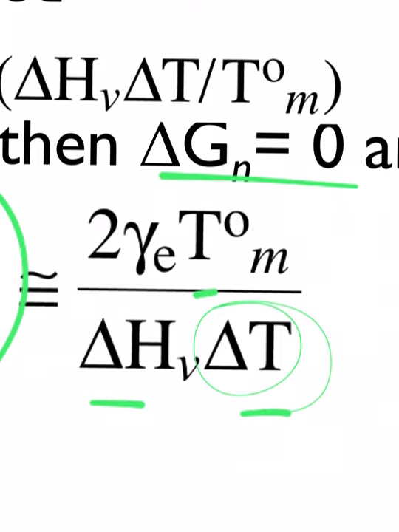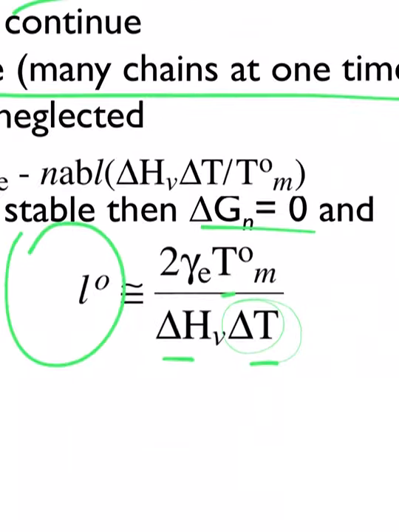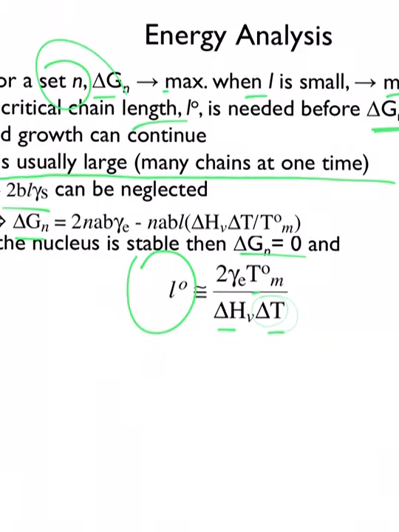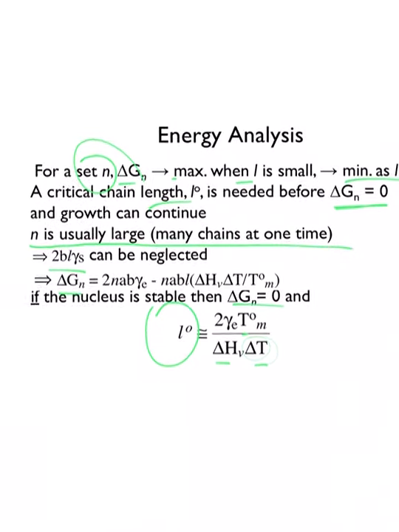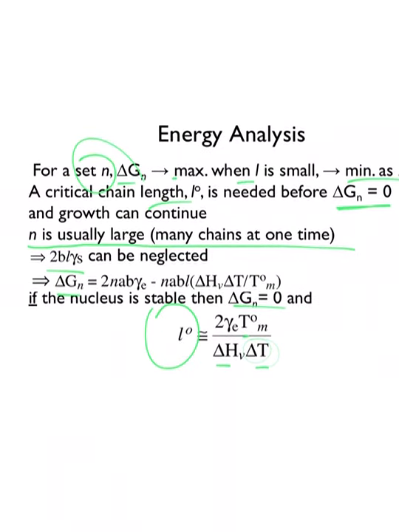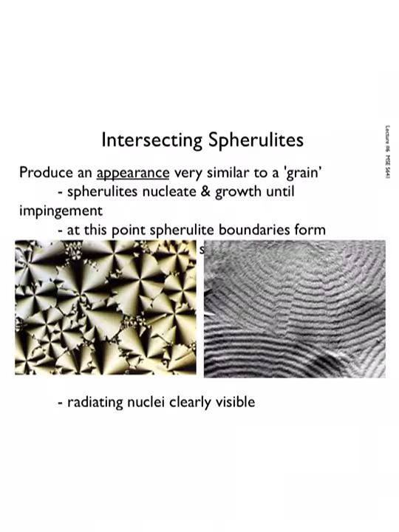All right, and so our ability to control this process depends entirely on our control over temperature, and thus this critical chain length L naught. All right, so that should make sense based on everything we've talked about so far. So we have this process of nucleation and growth driven by the amount of available energy and how long we're willing to wait in terms of the crystal slices that form. Any questions about that? Okay,